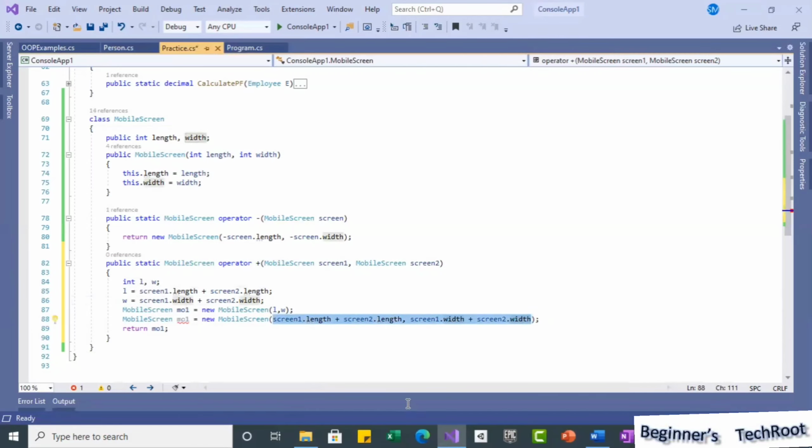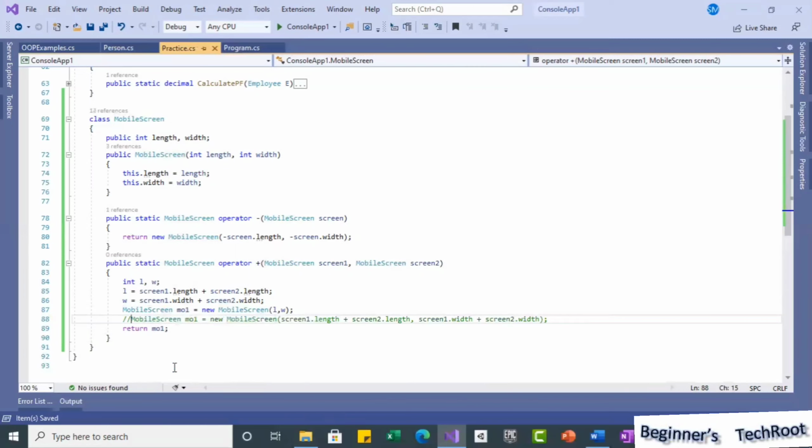But here, we didn't use the variable straight. We used screen1.length plus an expression for the first parameter, and even for the second parameter we used an expression. Like this, you can use it straight to avoid even these variables. As long as the readability is simple, it's fine, we can use it. Or to make it better for readability, instead of doing it all here itself, you can use it like this.